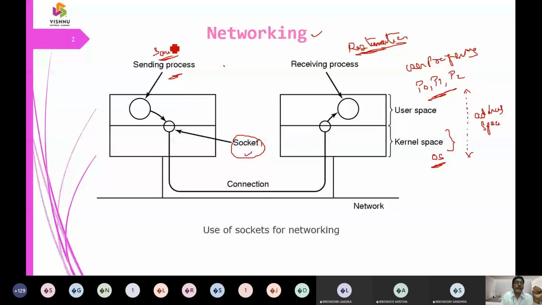And how are they migrated? They are migrated with a mechanism called IPC. IPC stands for inter-process communication. In an illustration of Unix, we'll be having a tool called PUTTY, P-U-T-T-Y, and we are going to implement socket programming as an interface. The demonstration will be done in the lab, where we can see how data is exchanged between multiple nodes or multiple computers using these sockets. There we will use PUTTY.